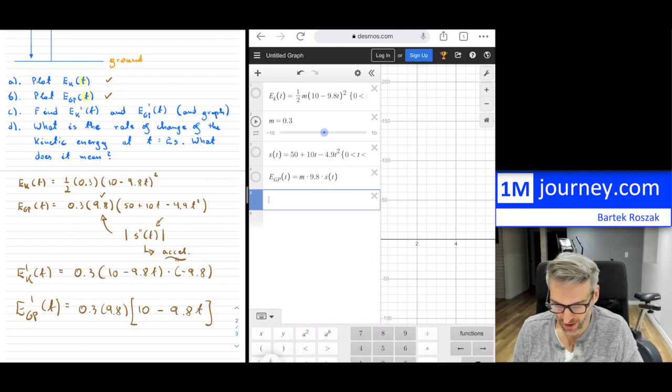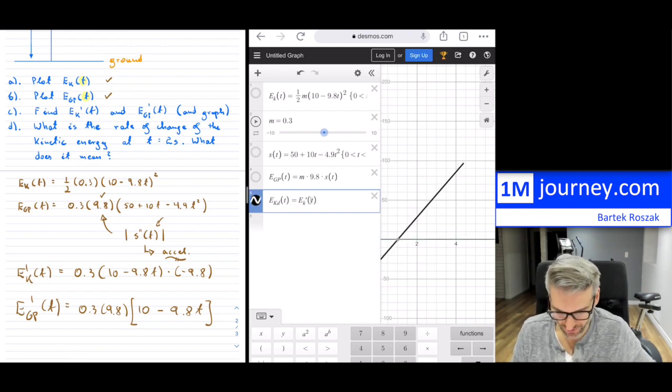Okay, so we want to graph, so I'm going to call this E. And within here, I just want to show you something. This is going to be the derivative of, I'm going to put a little d in here for the derivative. You can do that on Desmos by simply utilizing the prime, as so. That's going to be the prime of the k, right? And this is going to be prime, if you do that, of t,